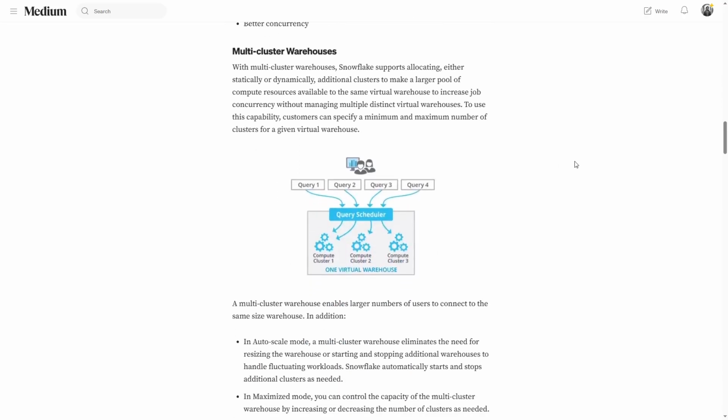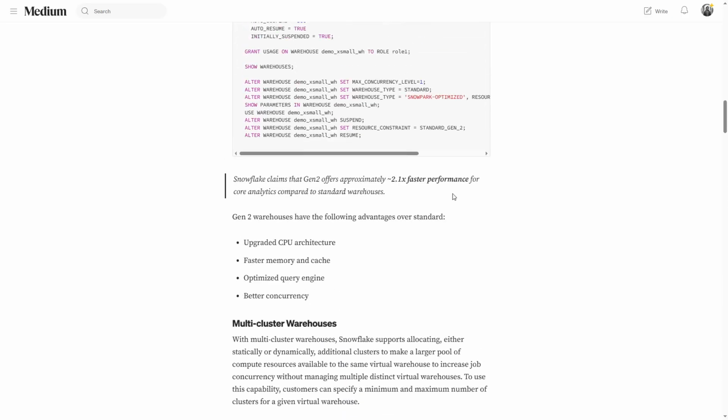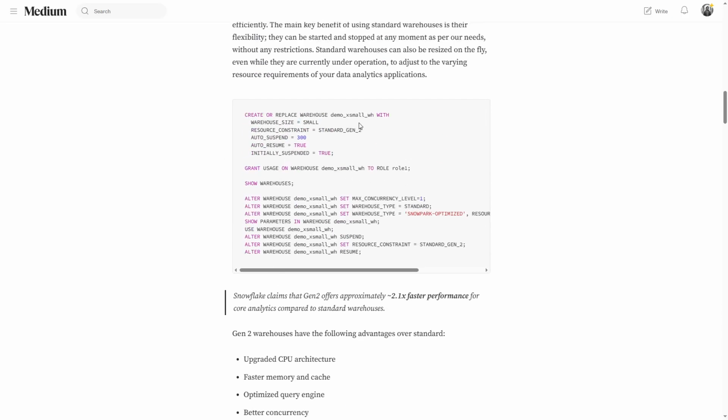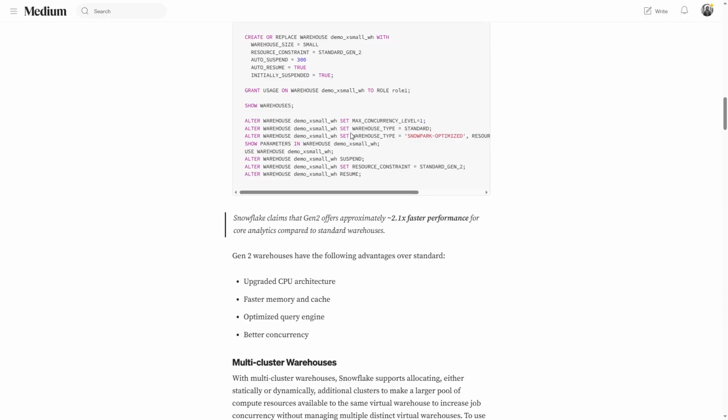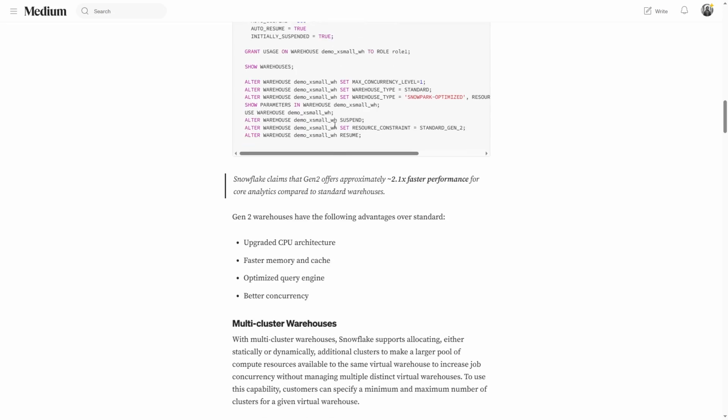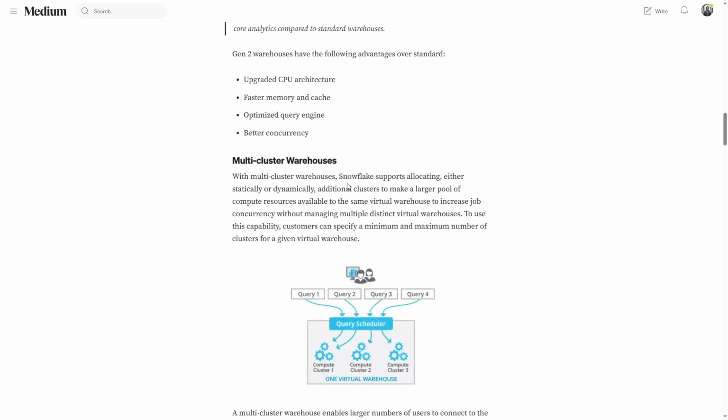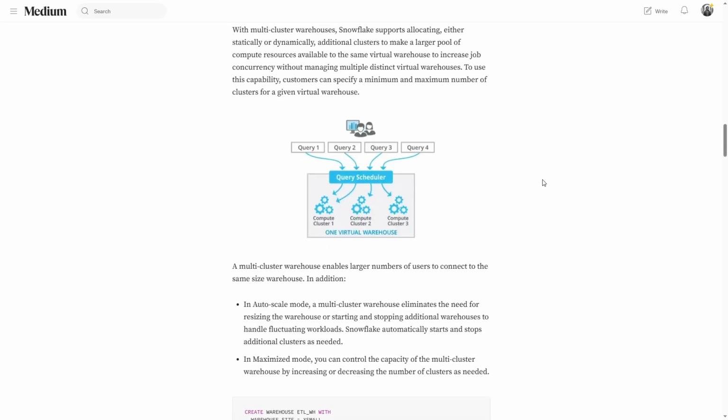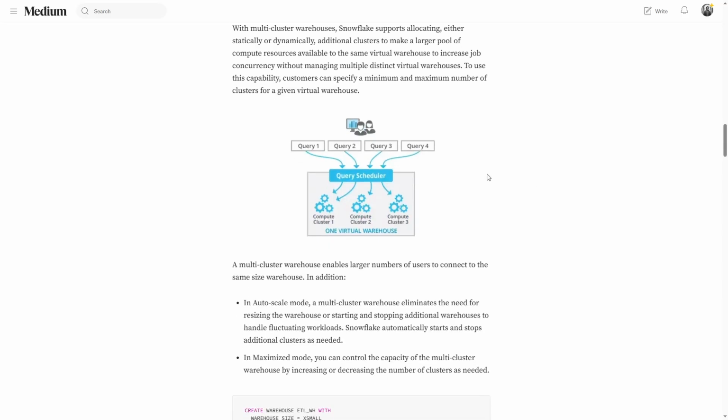Then we have multi-cluster warehouses. So in a single cluster warehouse, let's say we have decided on a small size, and the size of the warehouse is not good enough to run parallel or concurrent jobs because of the memory constraint or the resource constraint. The options that we have are to scale up, scale out, or run a new warehouse. In multi-cluster, what we do is we run multiple clusters in the same virtual warehouse. So it is one warehouse, but it will have multiple clusters, and the jobs will go to